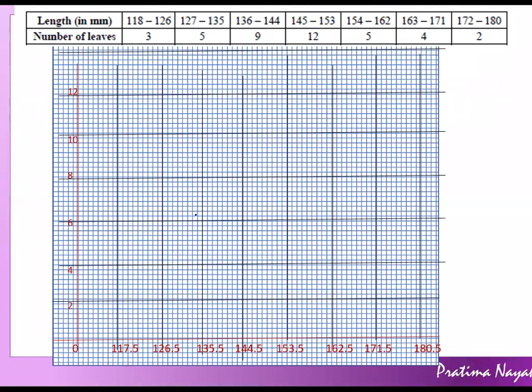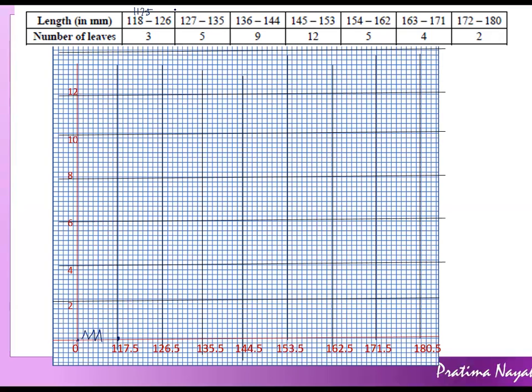So this is our graph. You can see I have drawn already. It is 117.5 on the graph paper. Write down 0 here and put a crank sign here. What is the meaning of this crank sign? Because we are not starting from 0. That means from 0 to 117, all are in between. When the graph is very big, for big numbers, we put this crank sign. Next, I am writing 117.5 as I discussed,